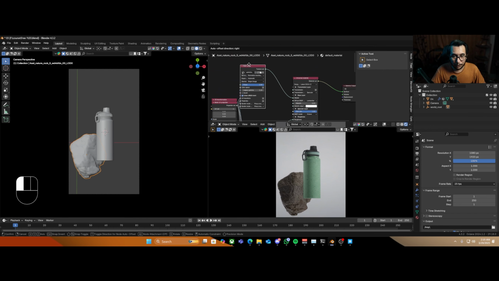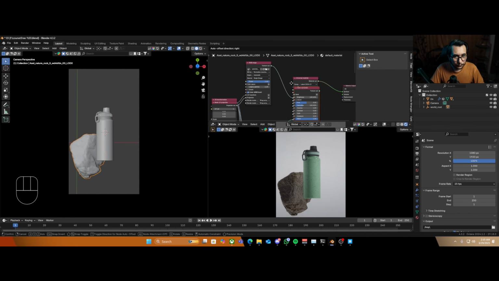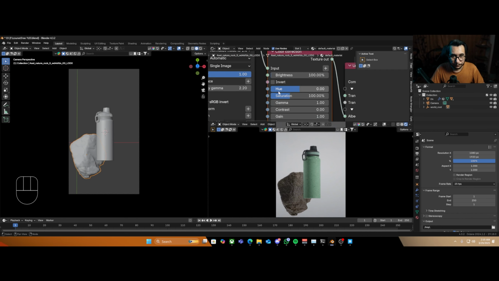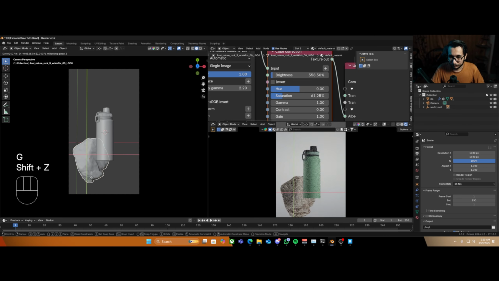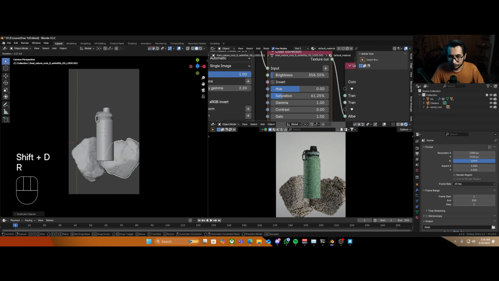Okay, now I might have to change the color according to the theme, so I'll add in a color correction node. Here it is. I'll increase the brightness and reduce the saturation, just like that. So 1,